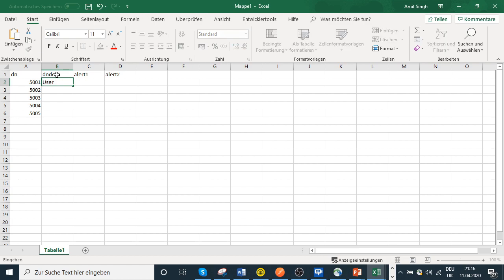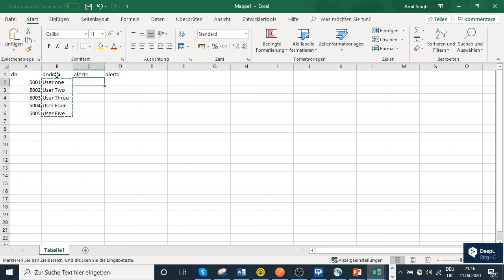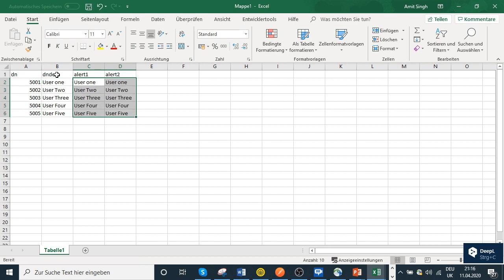I will say user 1, user 2, user 3, user 4, user 5, you know, and then I will copy the same description to the alerting names, ASCII alerting name and the alerting names. So this is how you put the data, and then you should save it